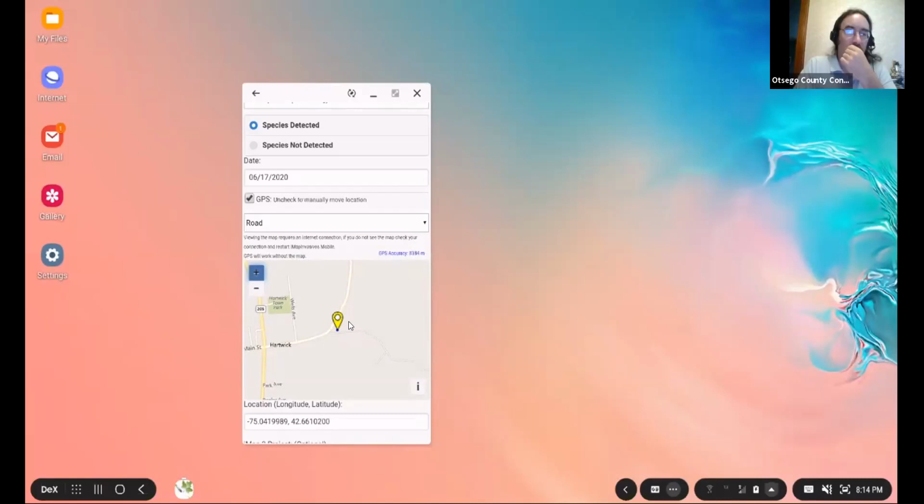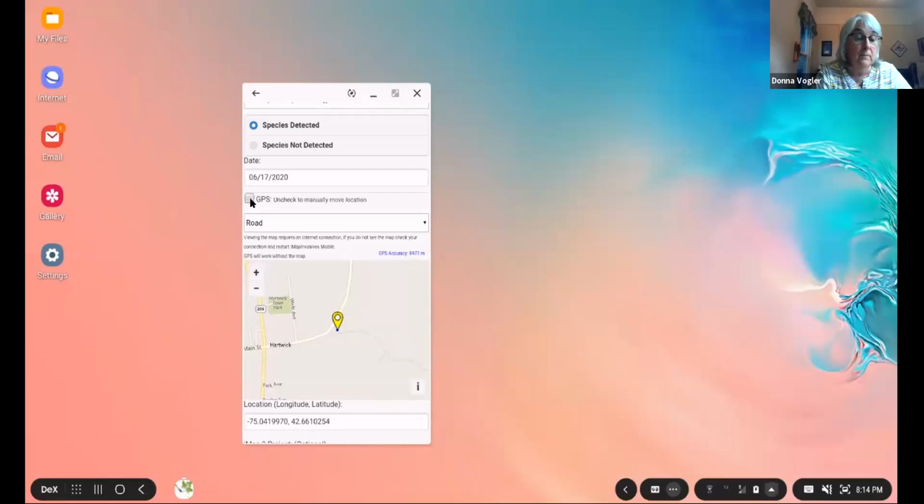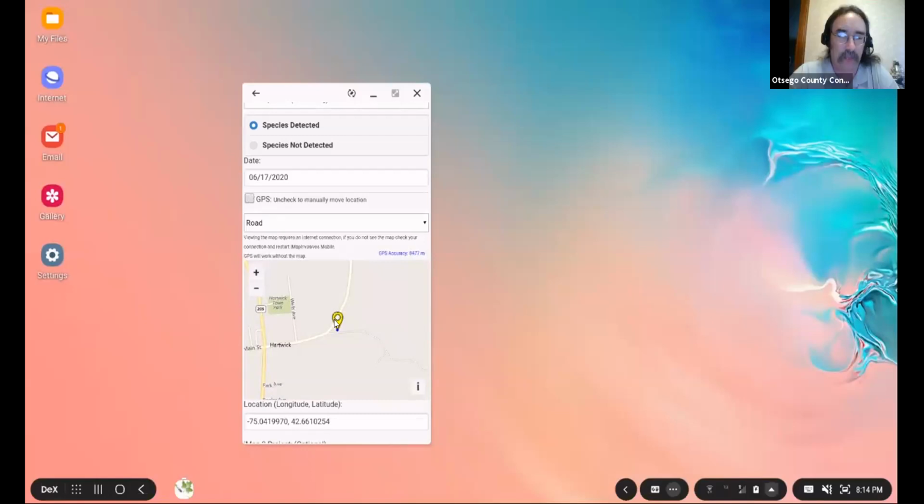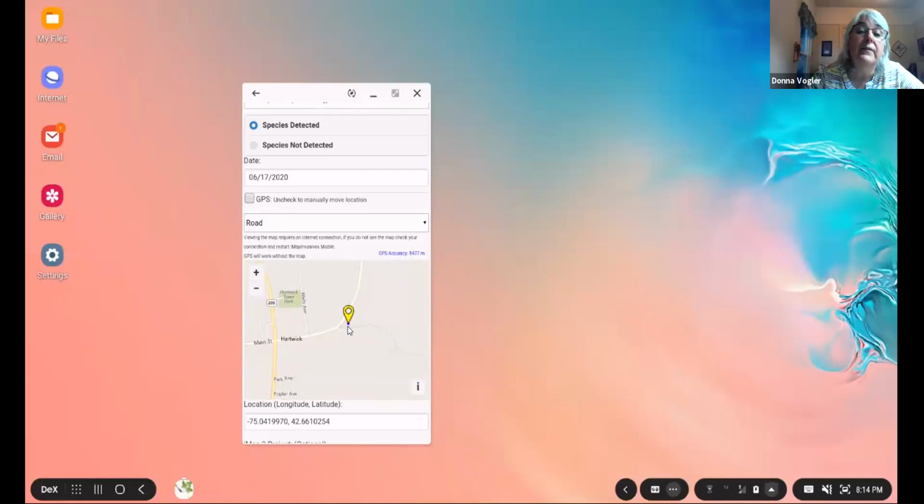So we have the GPS, and this is the thing. I tend to be one of those people who does not have the location on my phone on all the time. So usually, if I know I'm going to be doing records, I'll have to go in and turn the location of the phone on first, so that it will record my location when I do this. And if you uncheck this, that's when you can theoretically move the pin. And yeah, see, I don't know. Oh, I see. Yeah, I didn't even know. Yeah, but it's not working.